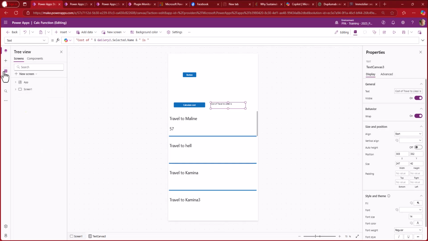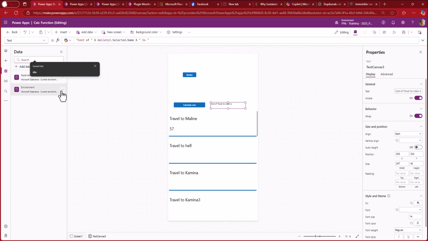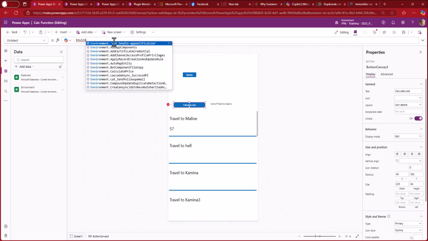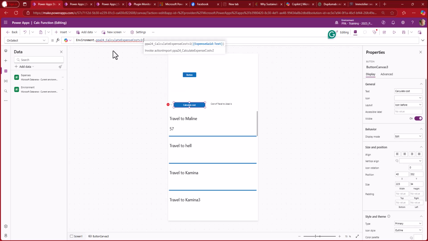Now let's go to Power Apps. This is my form. You need to refresh the environment data source because you got a new function. And now when I click, I will try to calculate the cost of the selected expense, which is in my gallery. So environment.ppa24, which is my schema name, PPA24. And this is my function,